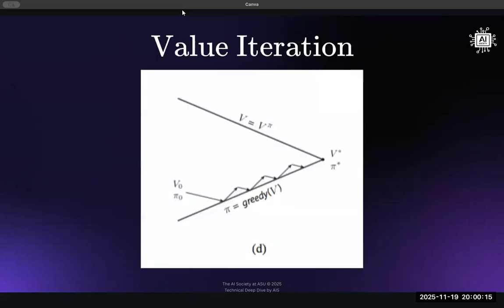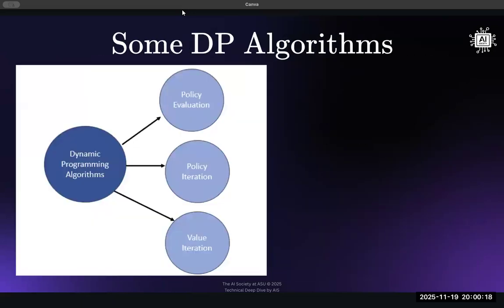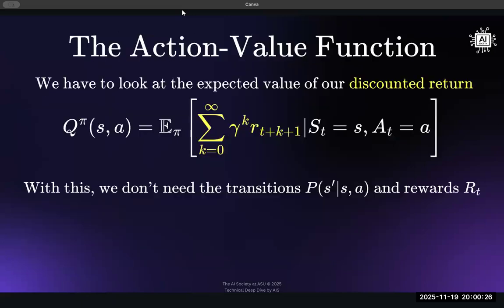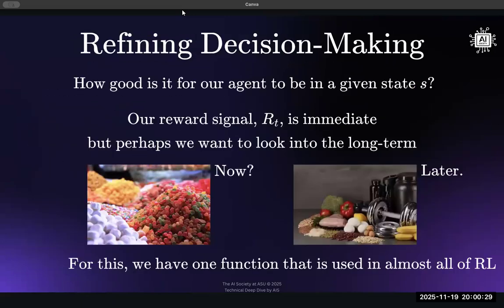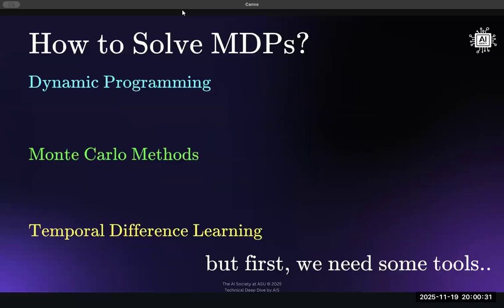So we've gone over, so let's go back. So we've gone over dynamic programming, the many approaches of it, policy iteration, value iteration. So let's just have a recap. So dynamic programming, Monte Carlo methods, temporal difference learning, all of these, unfortunately, I didn't go too much in depth into the last two, but you can solve Markov decision processes with them. And some drawbacks that we considered was full knowledge of the environment. Perhaps we don't need to have that. Perhaps we can, but it's more computationally expensive.